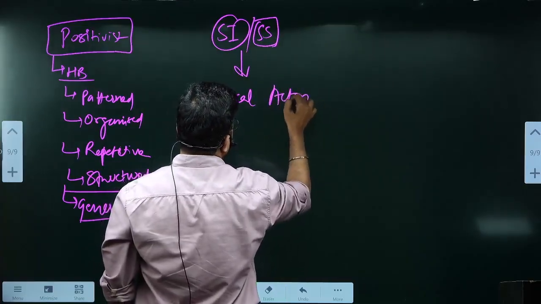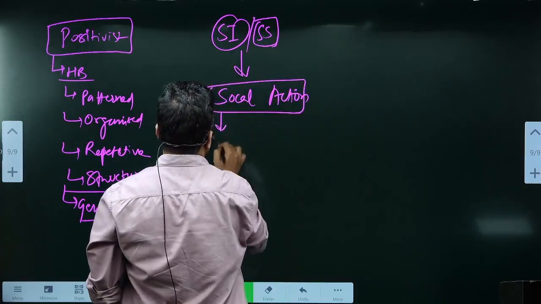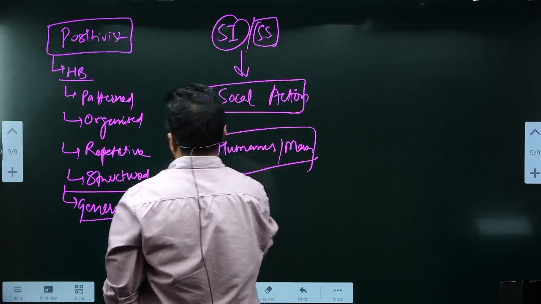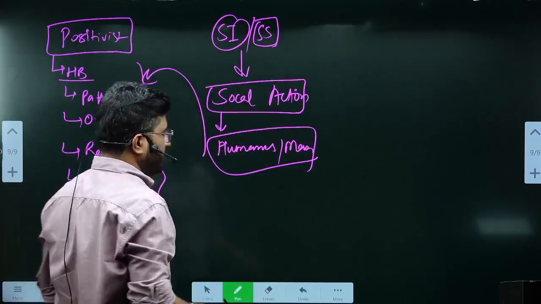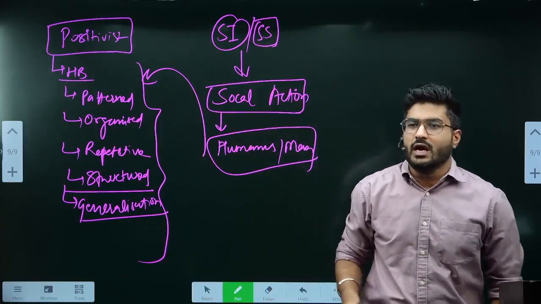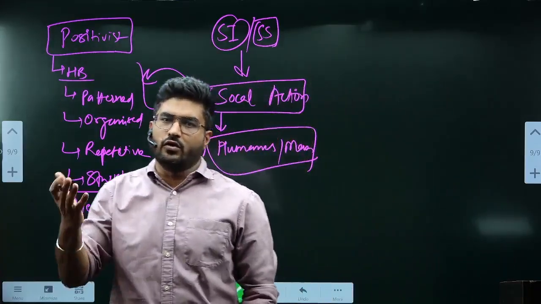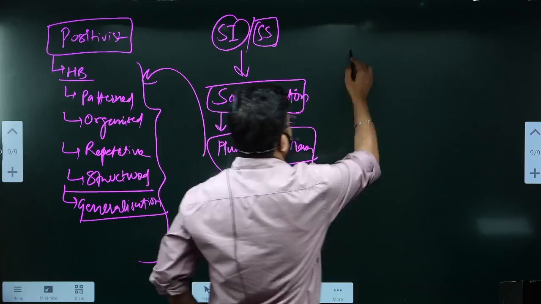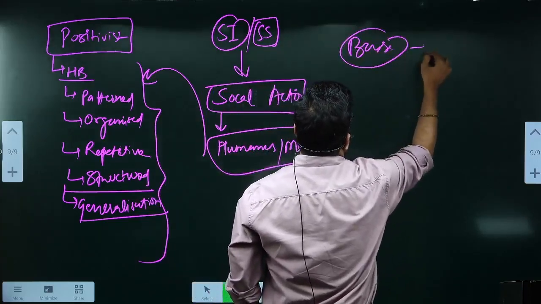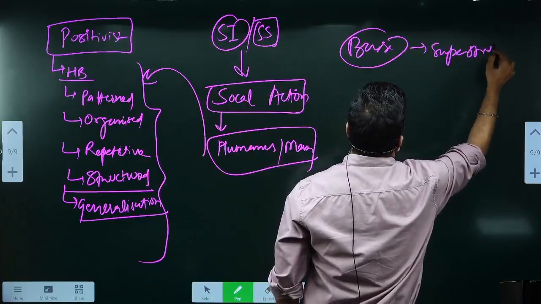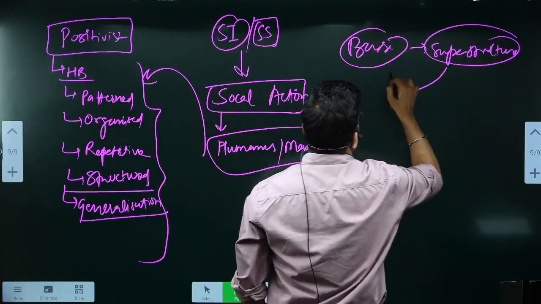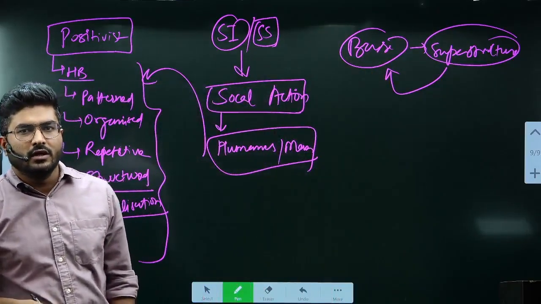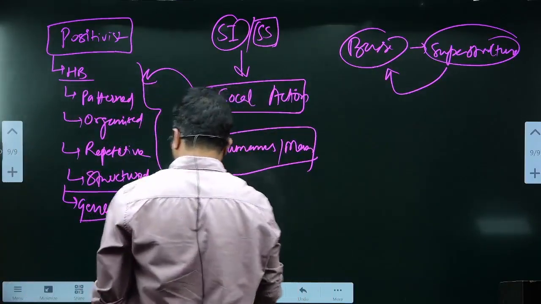and hence humans or man react in a particular way, patterned way, repetitive way, structured way, and hence we can make generalization of any social action, any human being, according to Auguste Comte as well as Emile Durkheim. Okay, for Karl Marx, the base and superstructure have a relation, and this superstructure, the power, politics, economics, impacts the base of the society. Okay, but non-positivists and this school of thought,